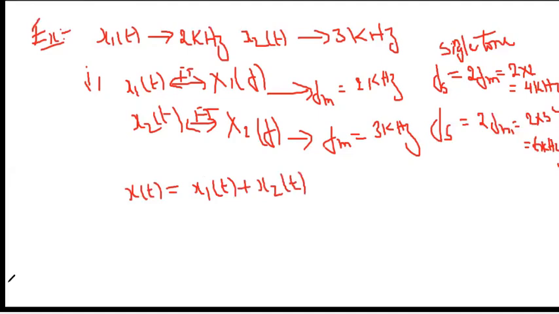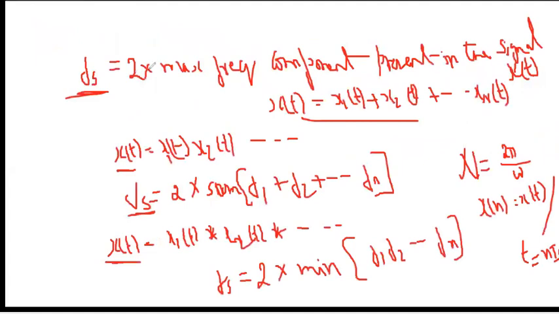Now I'm adding the two functions. Previously, they were individual functions, 2 kilohertz and 3 kilohertz. Now we can add the two functions to find the sampling frequency of x of t. We already know that fs is equal to 2 times the maximum frequency component present in the signal x of t,